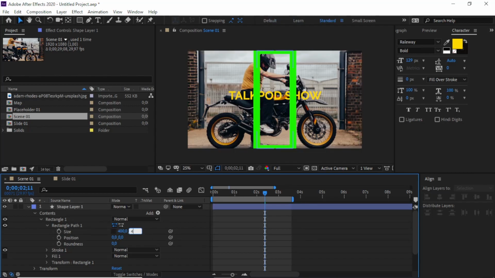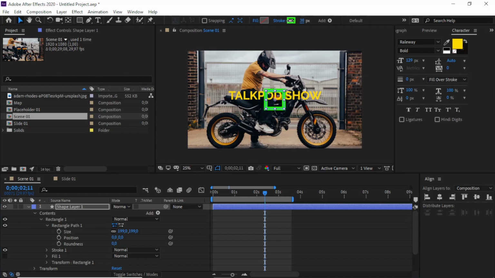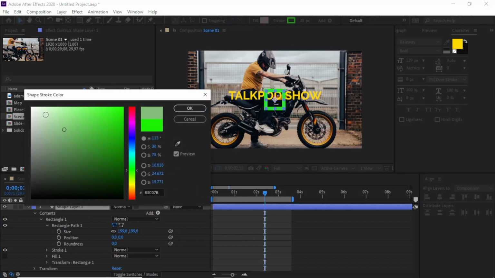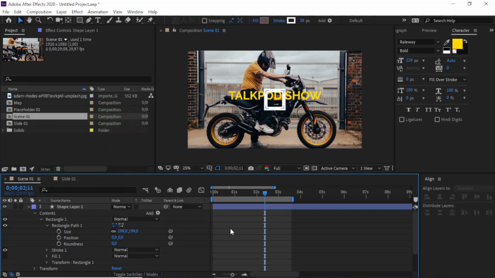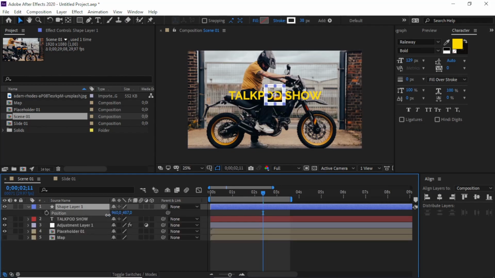I don't know, I just randomly used 400. I think it's too big. We need to create it smaller, and the stroke a little bit lighter, and the color, I'll try white. You can change it into any color you want, and then I'll move the position like this, right on the center.